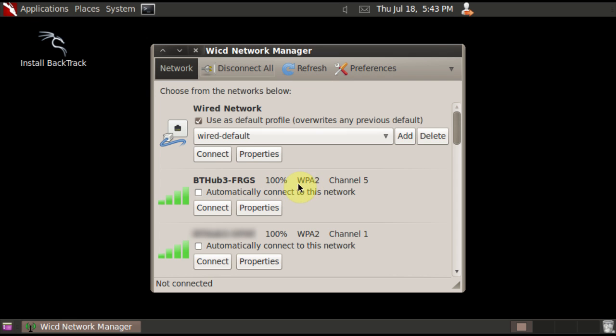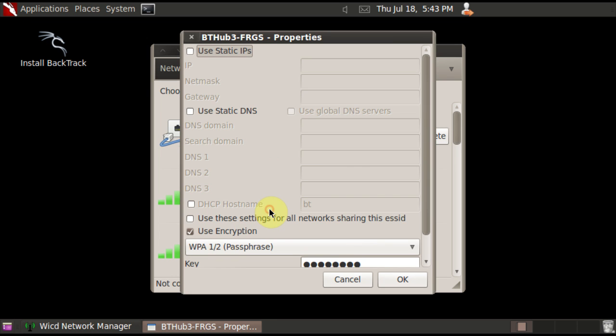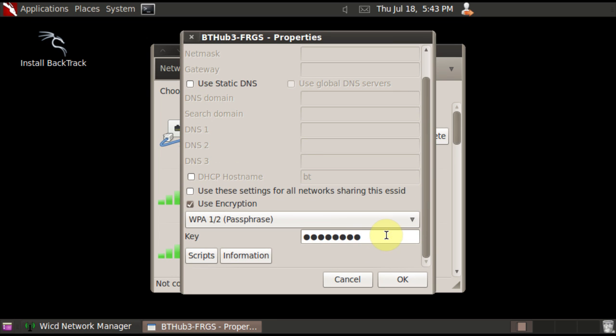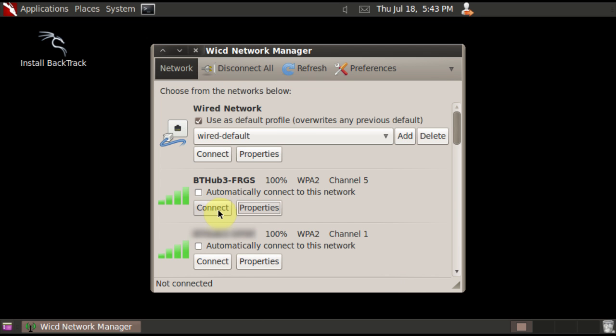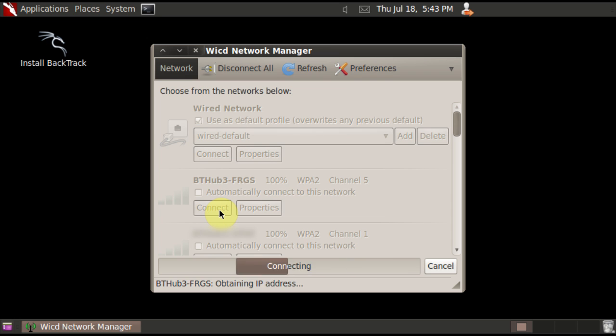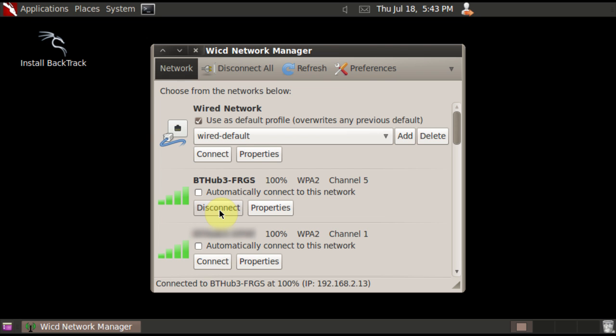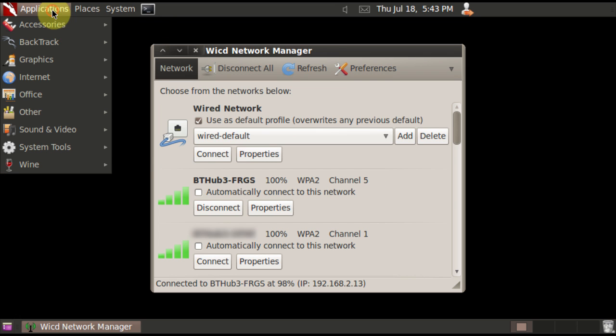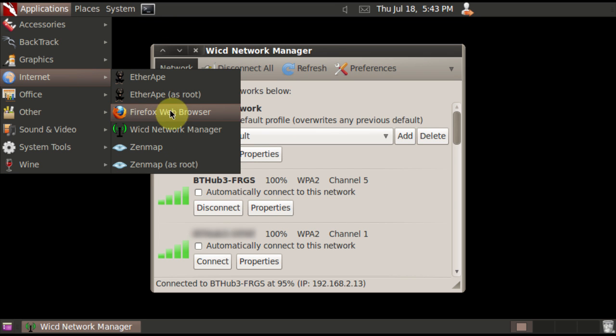Okay, so once you find your wireless network, click on Properties and just enter your password in here. So once you've done that, click on OK, then click on Connect. Okay, so now you should be connected to the internet. So if we go back onto Firefox,